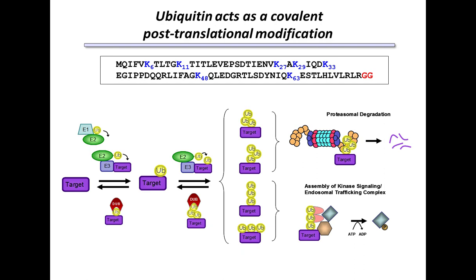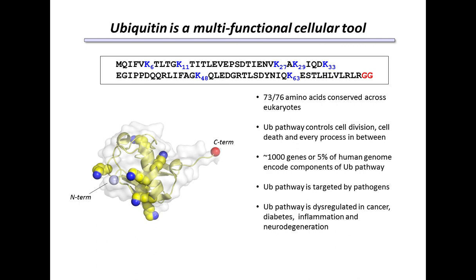Ubiquitin itself has 7 lysine residues and an N-terminus, and in fact, each of those can participate in polyubiquitin chains that take on different structural configurations. These different polyubiquitin linkages confer outcomes at the level of the target protein. In many cases, degradation by the proteasome, but in other cases, changes in their subcellular location or the activity that they have with respect to other proteins that they're interacting with. And of course, because so many of these processes need to be dynamically regulated, cells have a whole host of enzymes that are responsible for removing ubiquitin signals and countering ubiquitin-dependent processes. These are frequently referred to as DUBs, or deubiquitinases.